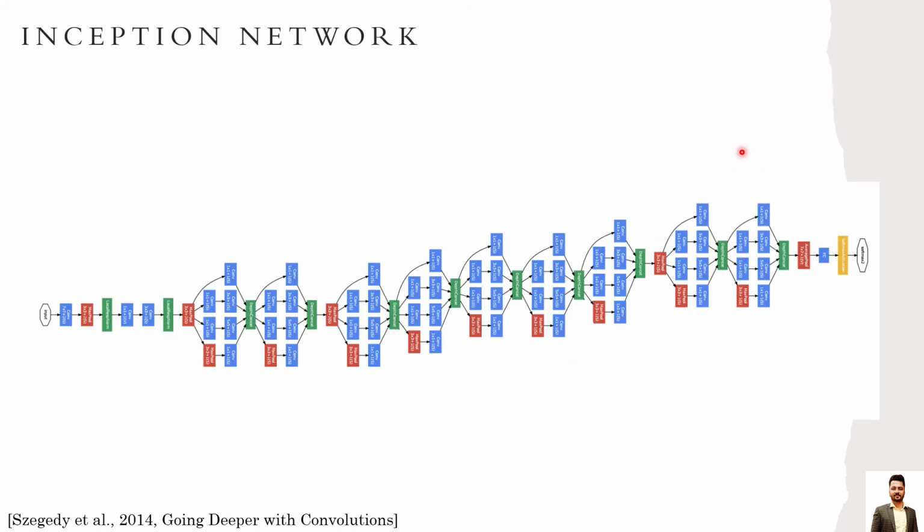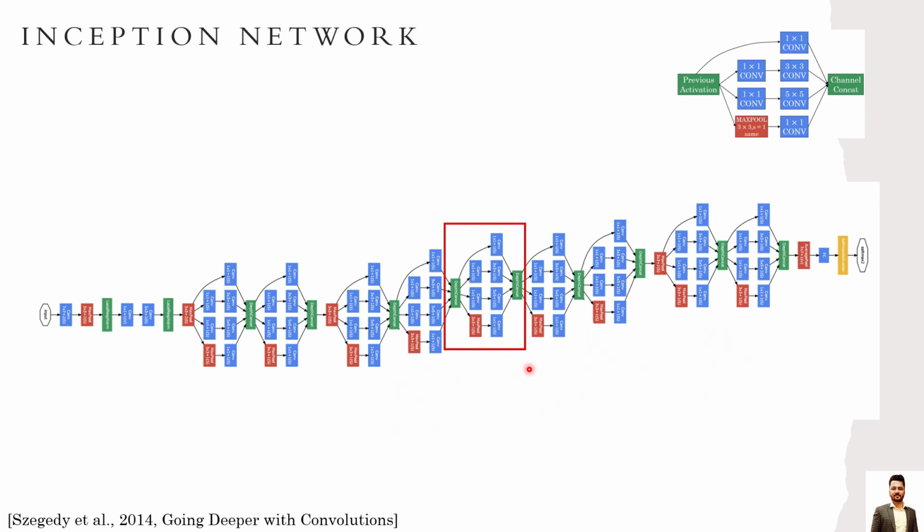Now this was how the Inception network looked. You can see that the network is very deep. Focus on only this highlighted red box. This is equivalent to one inception module that we have already seen. So multiple inception modules were used, and the computation was done accordingly, improving the overall accuracy. So this was the full architecture.